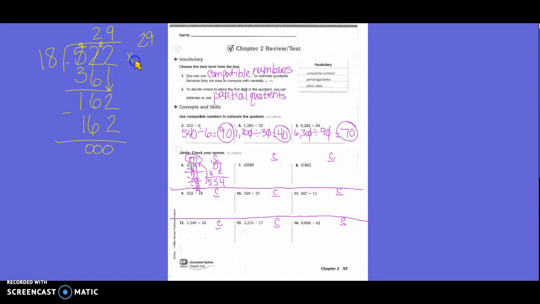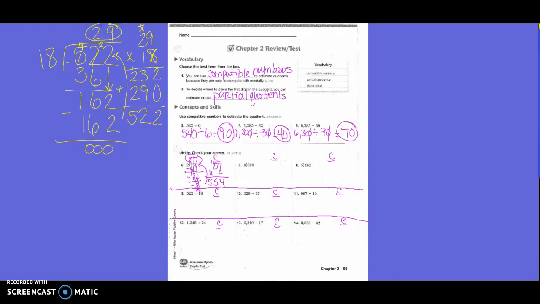29 times 18. 8 times 9 is 72. Put a 2. Carry our 7. 8 times 2 is 16, plus 7 is 23. 23. Mark off our 7. Mark off our 8. Put a 0. Let's see. 1 times 9 is 9. 1 times 2 is 2. So add 2, 12, carry the 1, 5. So does this match this? So our answer is